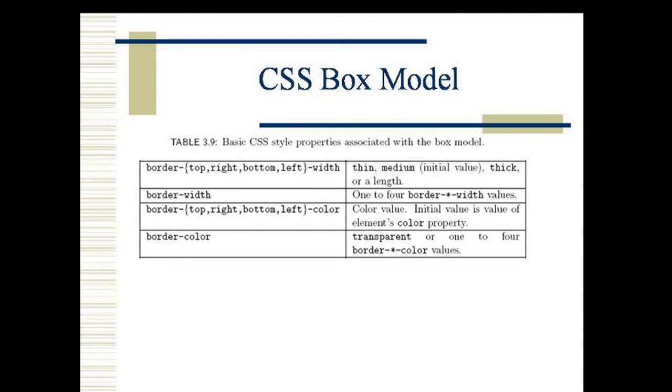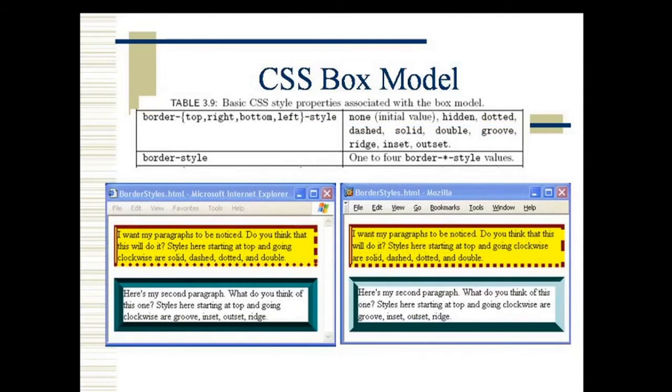Now here we can see that we can use the border width for top, right, bottom, and the border color to be set by using the CSS. Now this is done. In fact, whatever we have studied till now in these slides has been put into an example over here. We can provide the various border styles, as you can see over here, and the background color of the cell, and the border style to be different in each case.